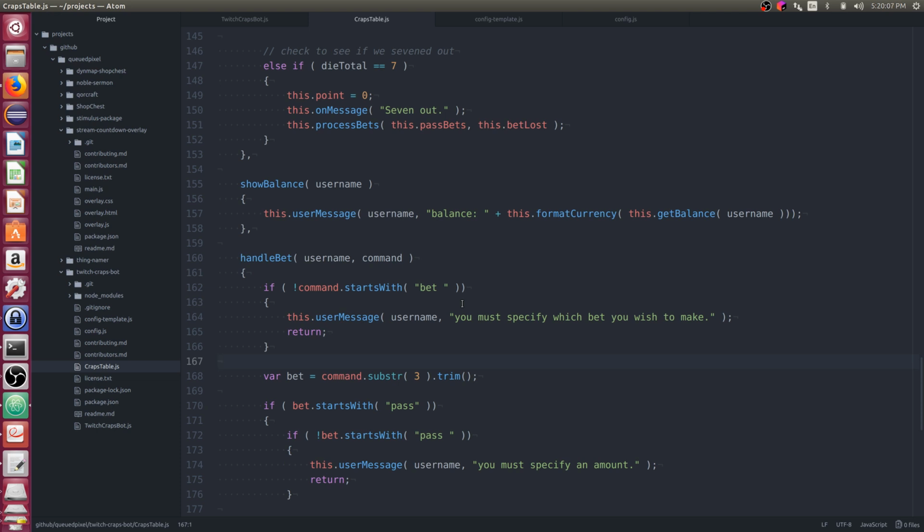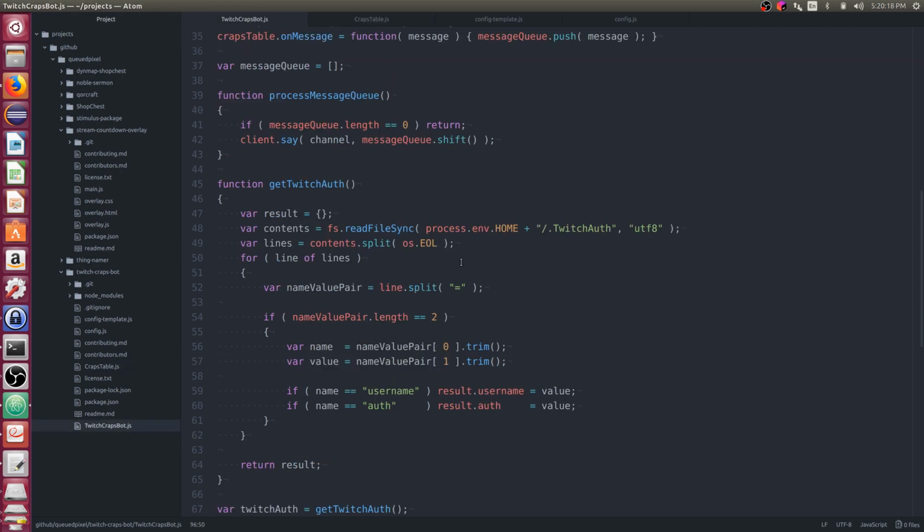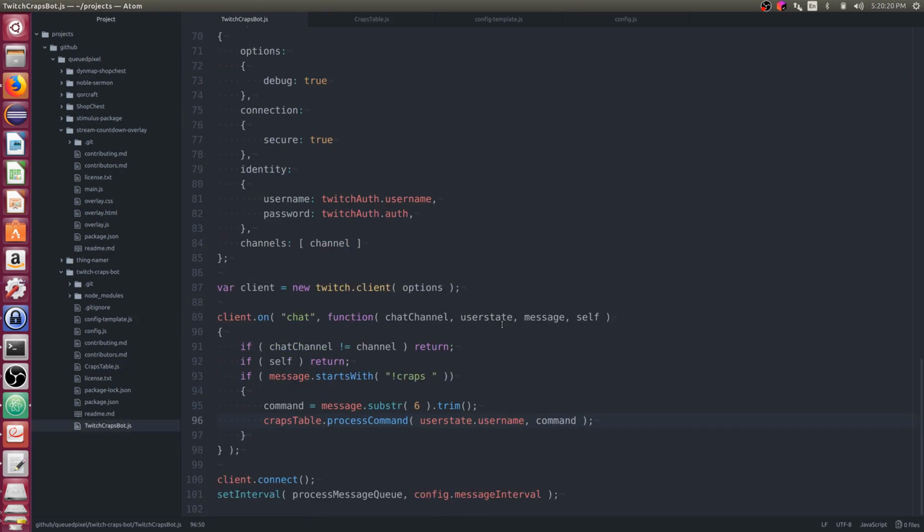Alright, so if the command does not start with the word bet and a space, you must specify which bet you wish to make. I think we could do something similar for craps, the craps command.